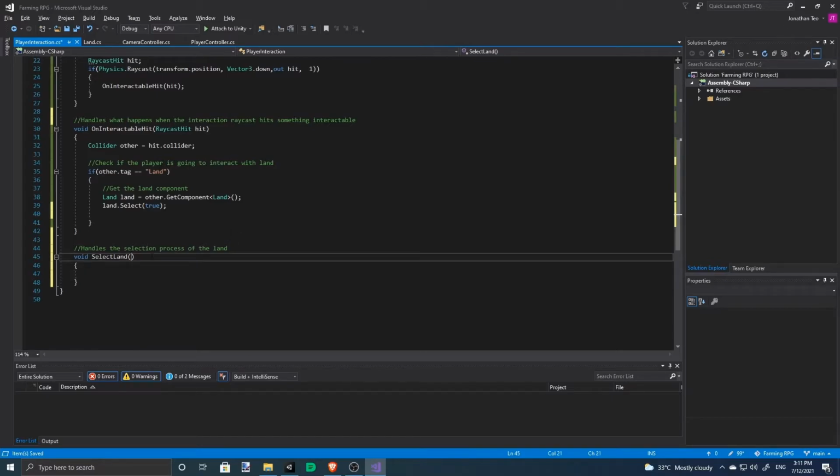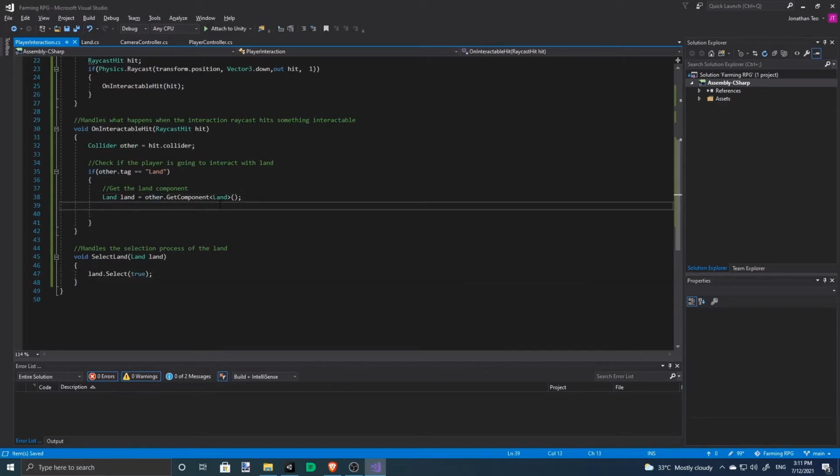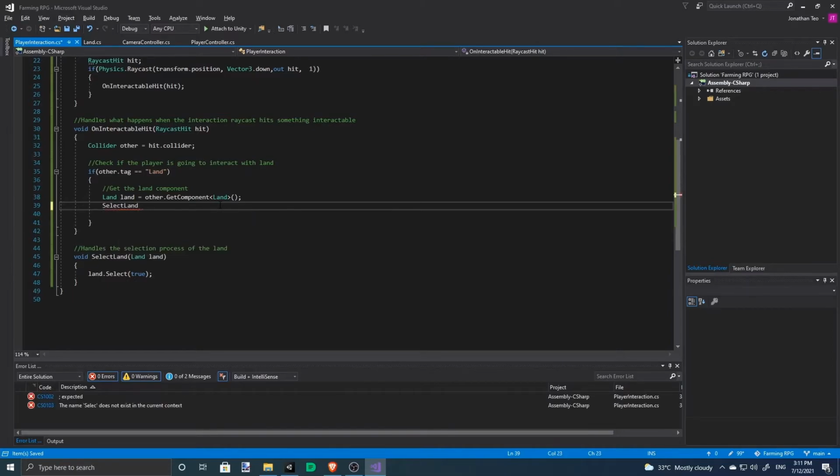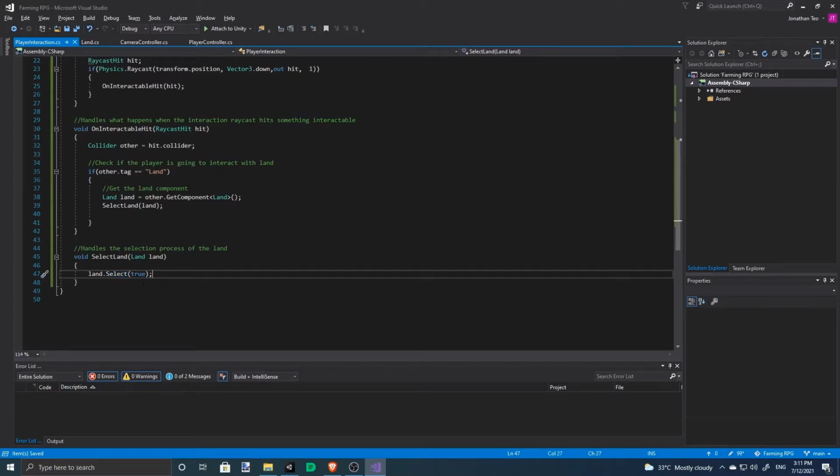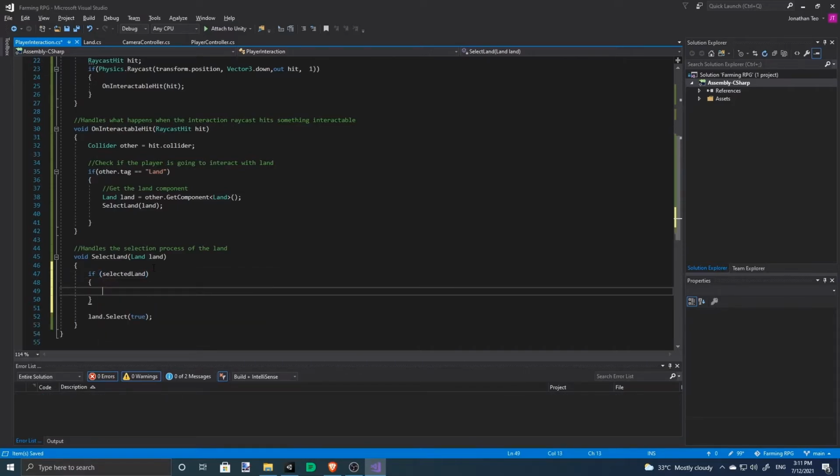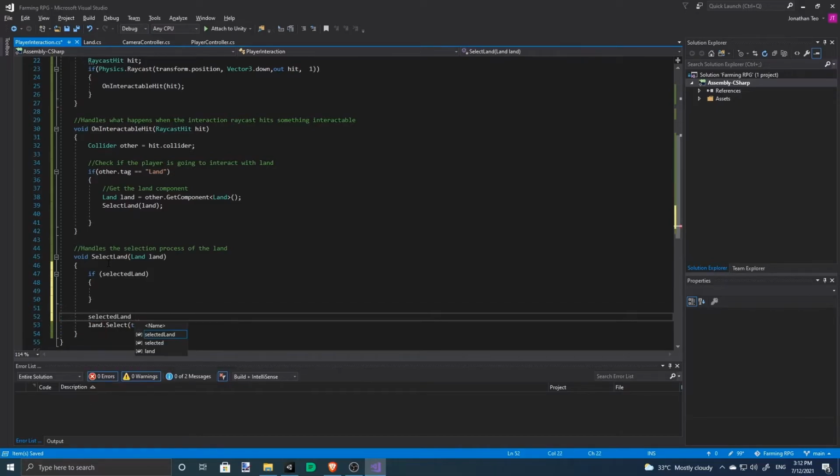It's going to select the land component. So let's move this here. Select land. So instead, we don't want to just set this to true. We need to check first. We have to set the selected land.